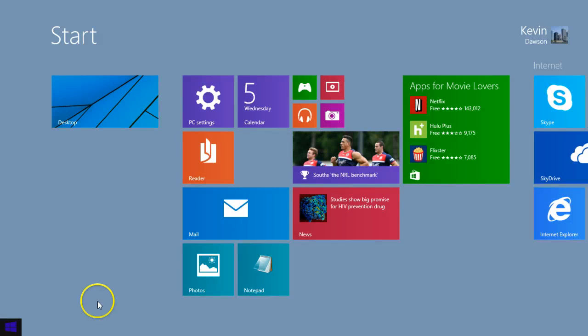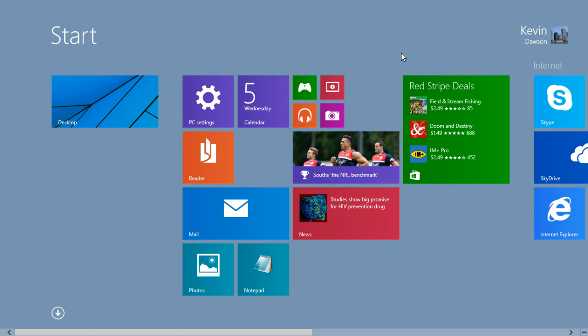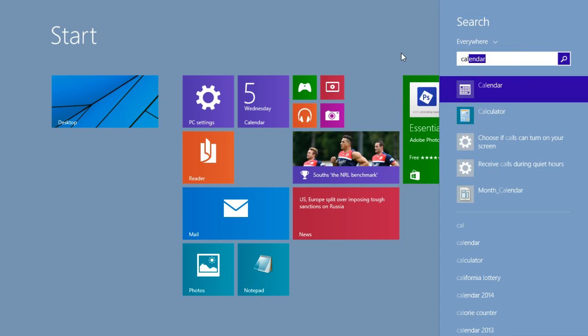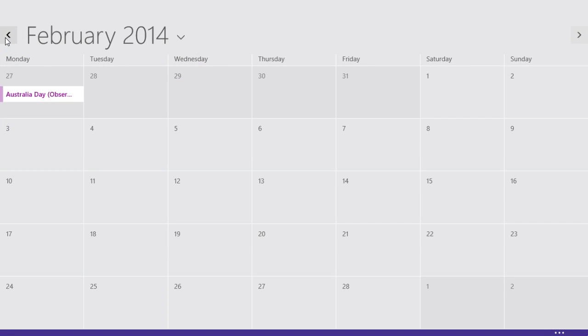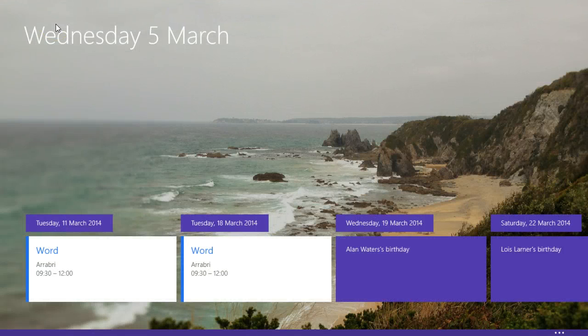Now my calendar app is looking right at me. Yours may not be, so what you need to do is start typing on the start screen. So I'm going to start typing my calendar. For my calendar app, I type in the CAL and the calendar app appears down at the bottom of the text box for the search. I click on the calendar app and I'm going to get it into a position for you as to what you're going to see. Now, this is the home screen